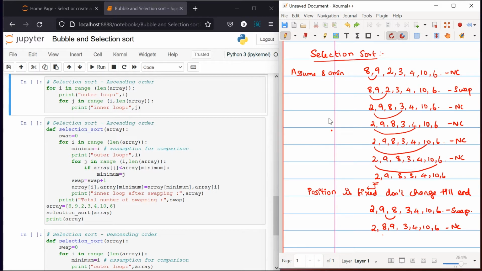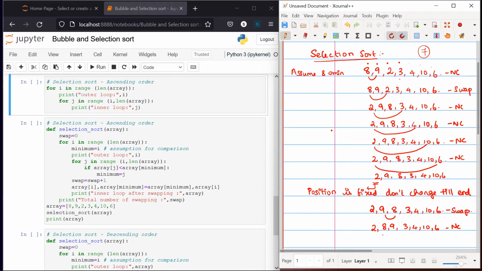I'm going to take the same example which I have taken in the previous video so that it will be easy for you to understand the difference between those sortings. In our previous video we took the example 8, 9, 2, 3, 4, 10, 6, right? First we have to identify the logic, so that we can directly bring those things into programming methodologies. So how many elements are we having? 1, 2, 3, 4, 5, 6, 7. In total we have 7 elements, and with these 7 elements we are going to do our sorting.